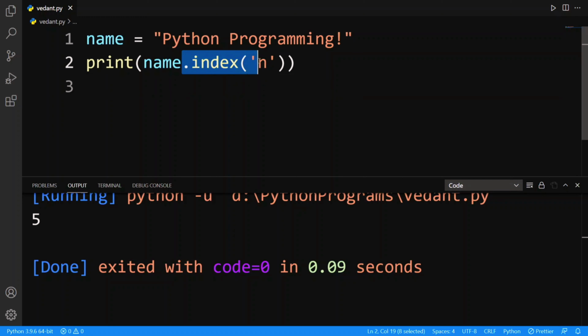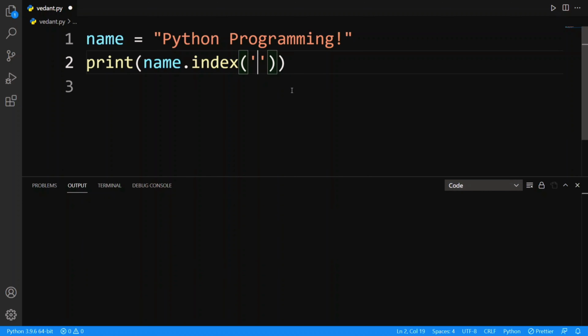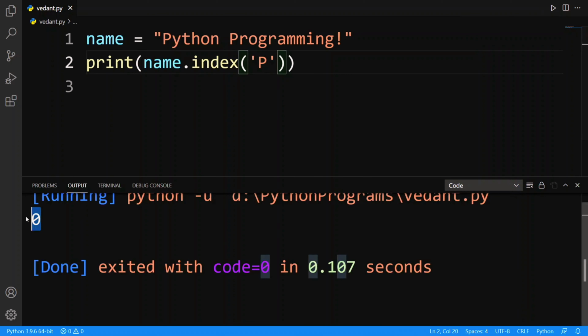It will search for the n in this string from left to right, and the first occurrence will be printed. So we get 5 here. If I pass capital P, because small p and capital P are different, then we get 0. Why? Because P is the first character in the string. Just like that, we can get the index of characters.